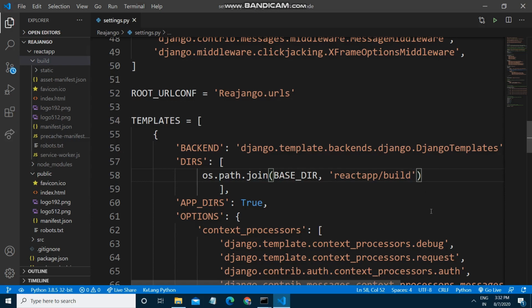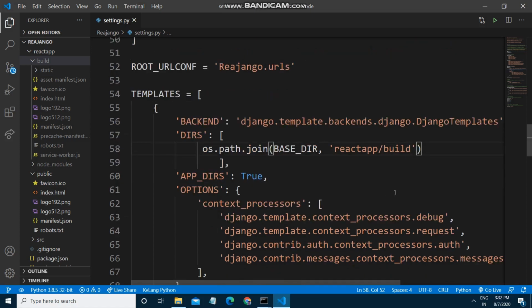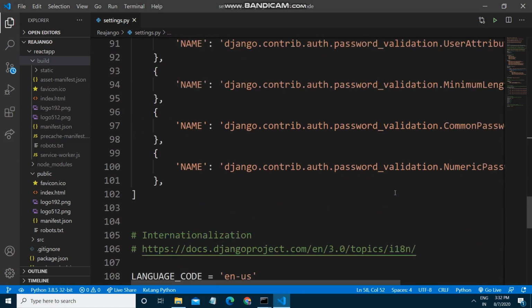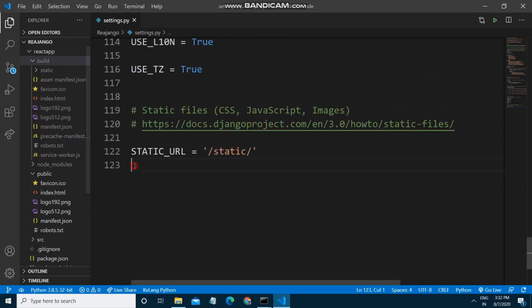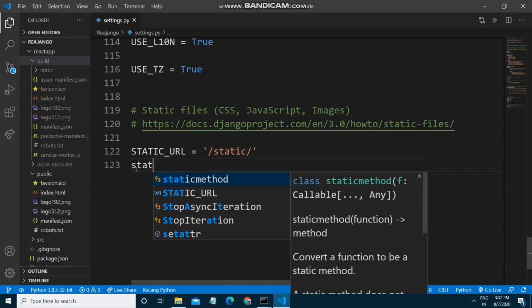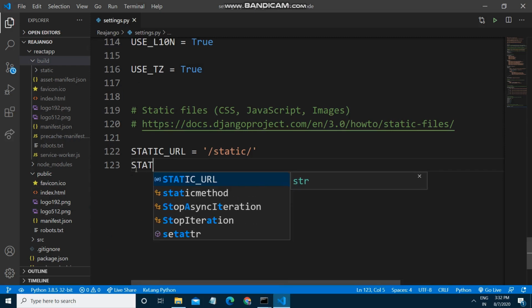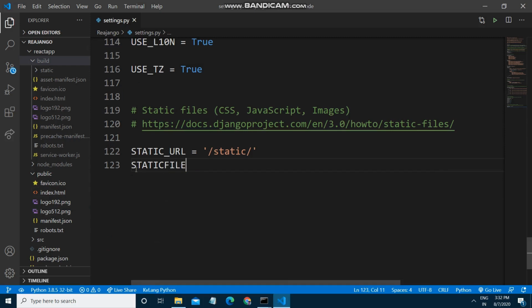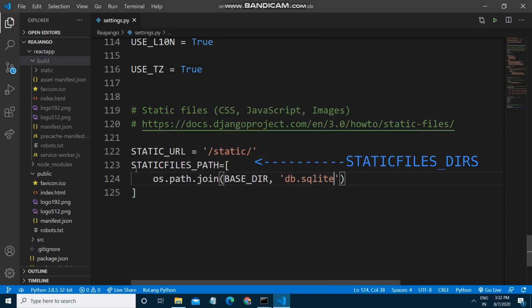We will add index.html in our main view. So you have to do this, and you also have to give the static files path. Here I will copy this again, and here I have to give the static directory path.